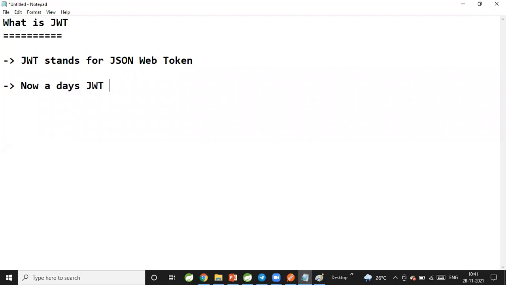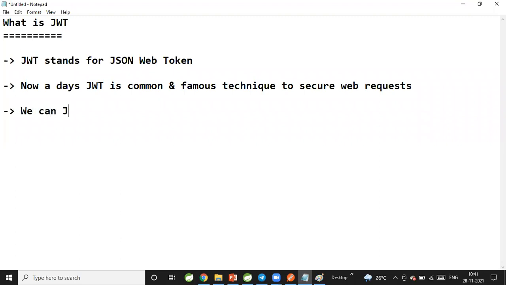Nowadays JWT is a common and famous technique to secure web requests. To secure web requests, we can use JWT for authentication and authorization.